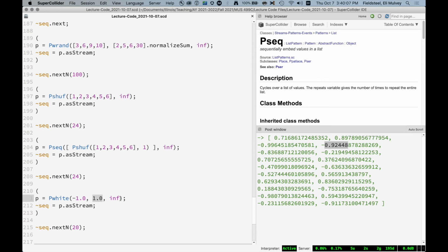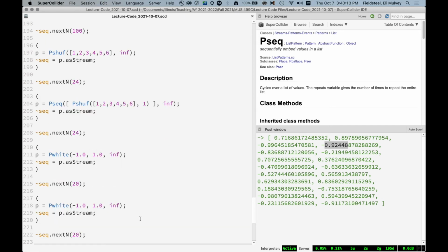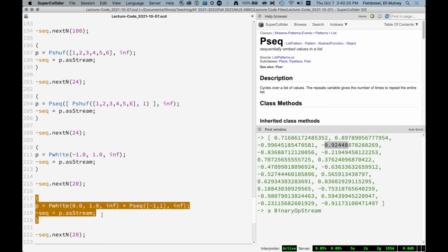So they're just kind of fully random. But instead of this, if we want to do this alternating random pan thing, we make these values between 0 and 1 and multiply this by pseq, -1, +1. Right? So P is